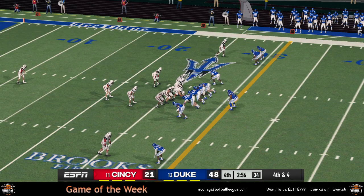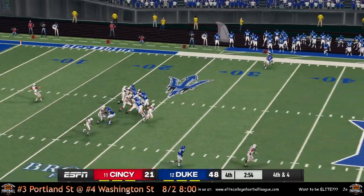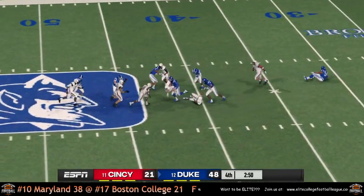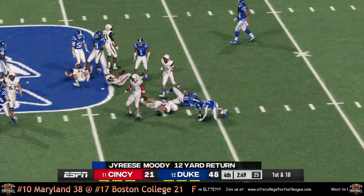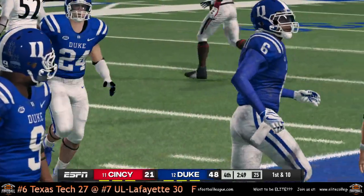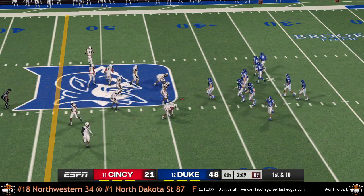My stuff is freezing again. I can't see. Return is 12 yards. And I'm back. My stuff keeps freezing, so